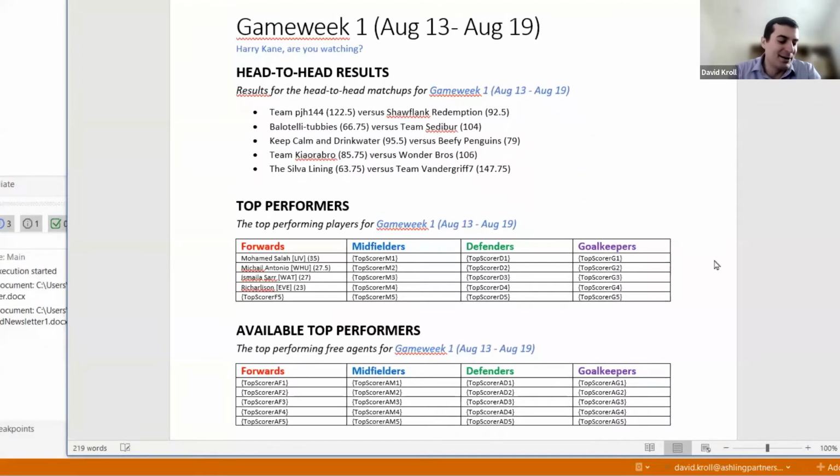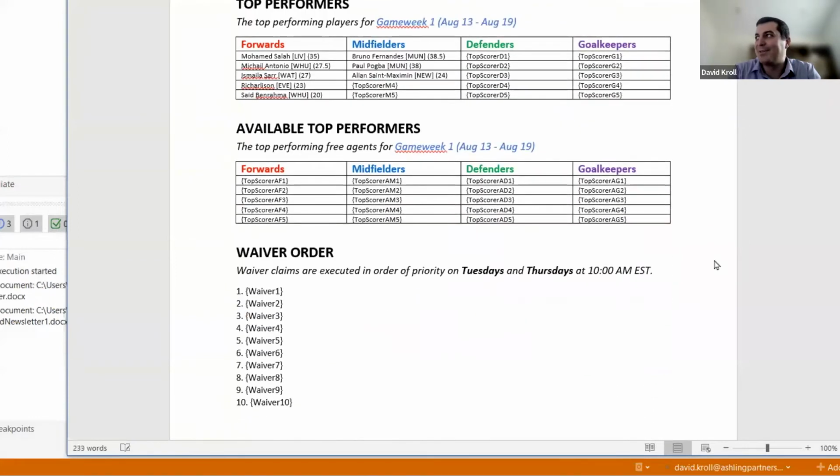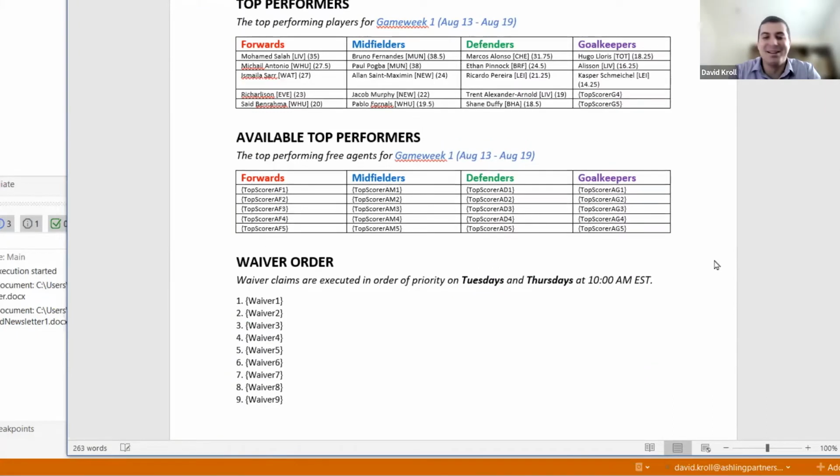So for a fantasy league commissioner like myself who sends out these newsletters every week, this saves me at least 2 hours of my time, which I can then put back to chasing my dog around the house, which is wonderful. So we'll just let this finish up here real quick, but you can see it's going through and it's